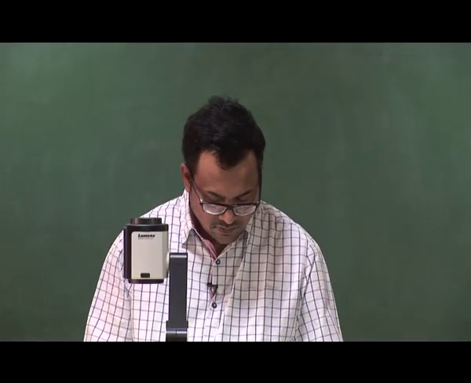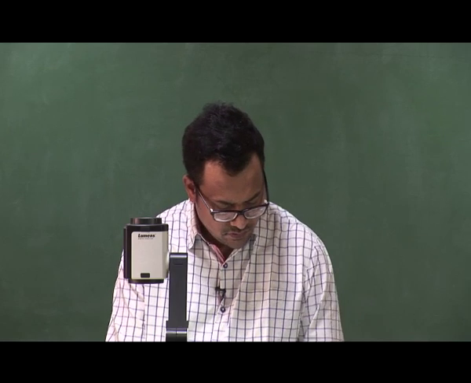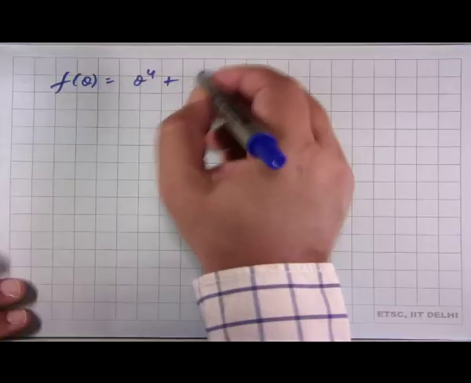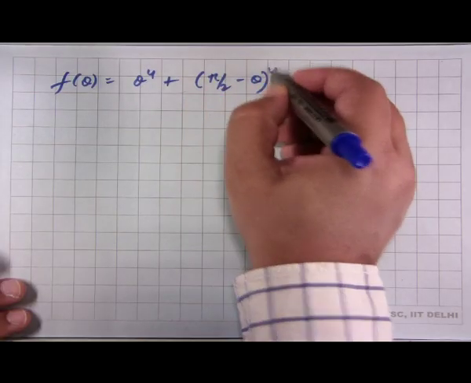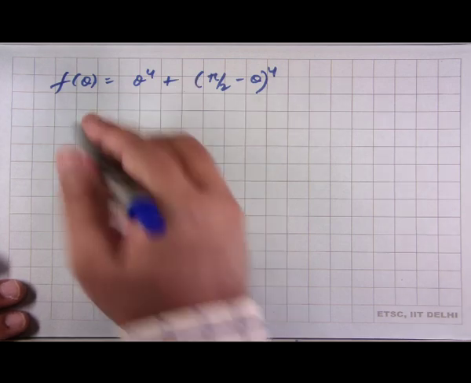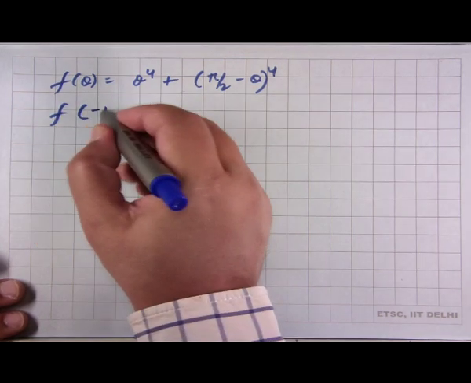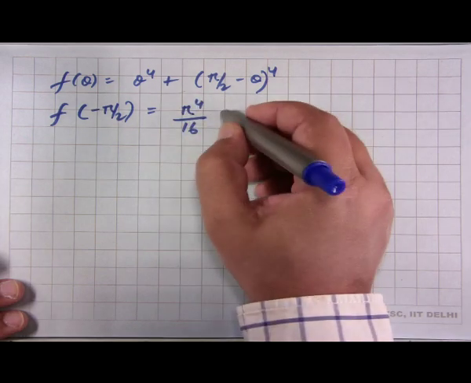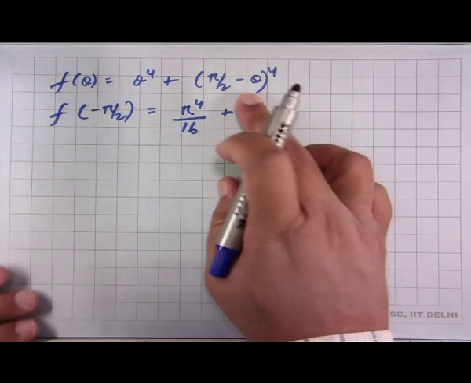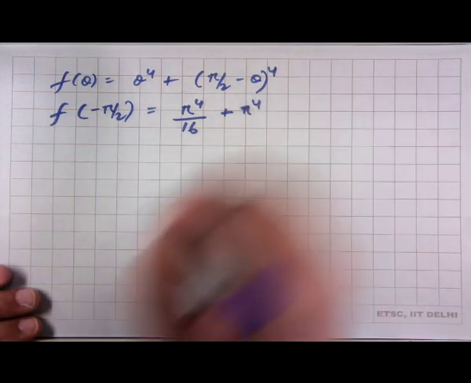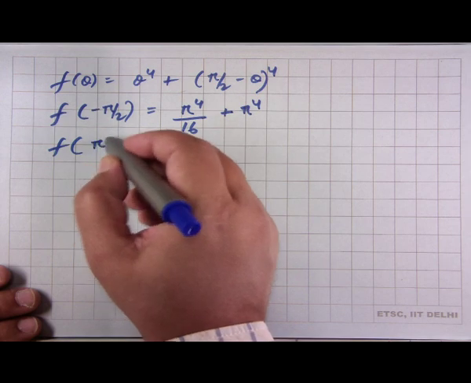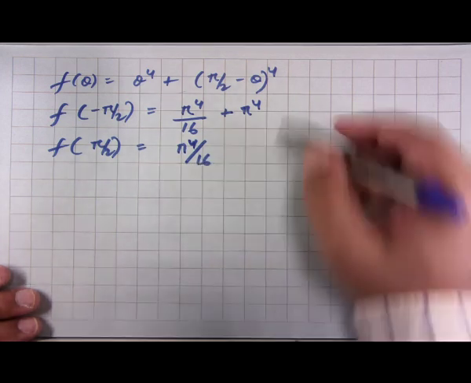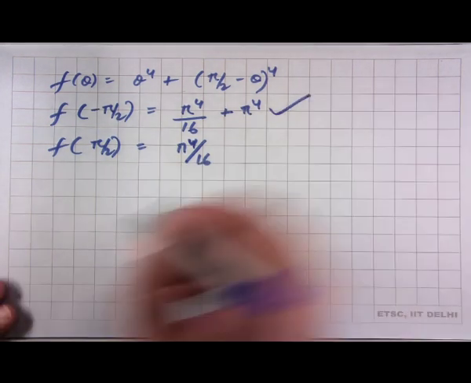So essentially what we have to do now is to find the value of f theta, which is theta to the power 4 plus pi by 2 minus theta to the power 4, at both the endpoints. So the value at theta equal to minus pi by 2 will be pi to the power 4 by 16 plus, and this will be pi to the power 4. The value at pi over 2 will be only pi to the power 4 by 16. So obviously this is the larger value, and hence